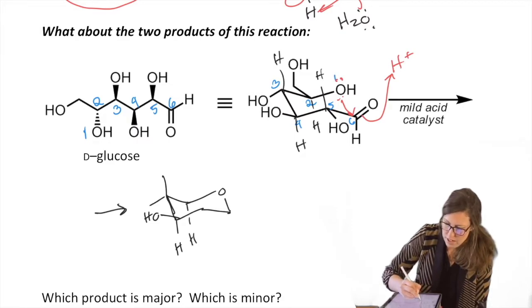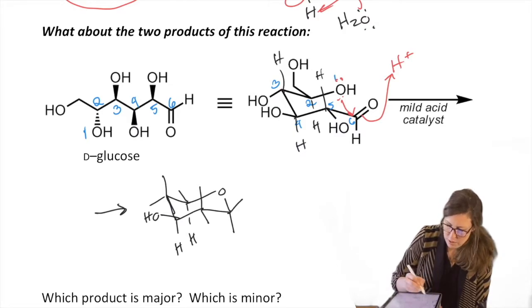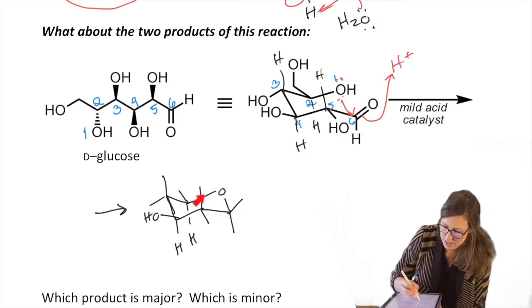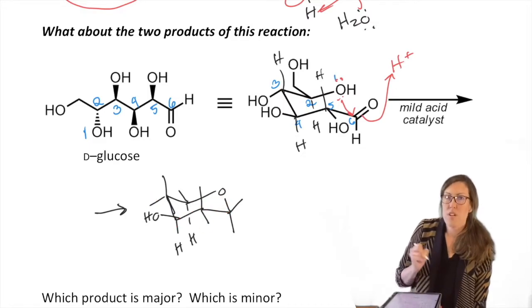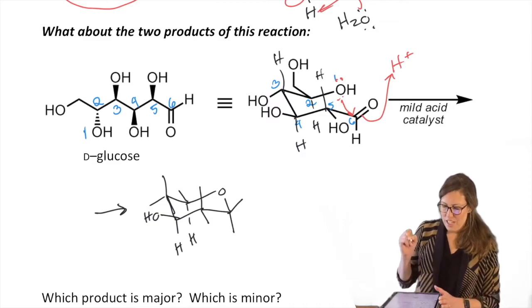Down carbon, down axial. Equatorial, parallel to the opposing bond. Up carbon, up axial. Equatorial, parallel to the opposite side of the ring. Down carbon, down axial. Up carbon, parallel to the opposite side of the ring. What do I mean by opposite? This is opposite that. This is opposite this. This is opposite that. So those are all parallel. Fill them in.